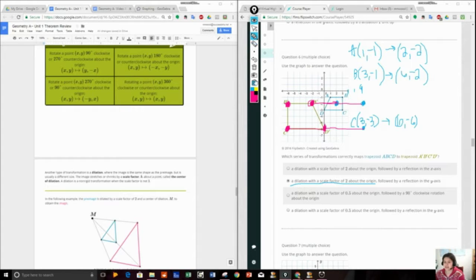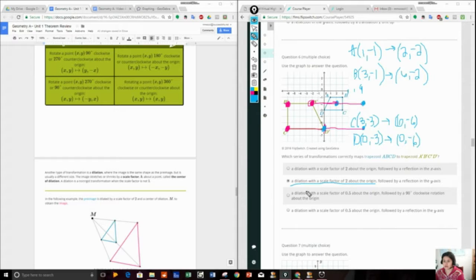But we can check the dilation. So the dilation for point D, the coordinates are 0, negative 3. So to dilate that by a scale factor of 2, we multiply each side by 2. So 0 times 2 is 0, and negative 3 times 2 is negative 6. So let's check. It would be at 0, negative 6. And is it reflected about the y-axis? Yes, because it's still on the y-axis. So that is what